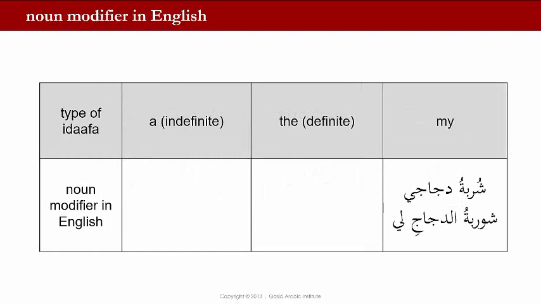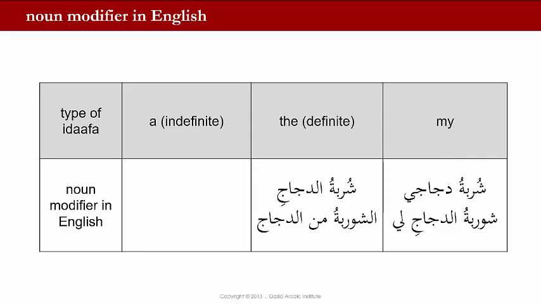What about a noun modifier in English? It gets a little bit complicated. Here we say shurbatu dajaji, my chicken soup. Most likely we would say shurbatu dajaj li, the chicken soup that is to me. Shurbatu dajaji li. If we wanted to say the chicken soup, we say shurbatu dajaj or